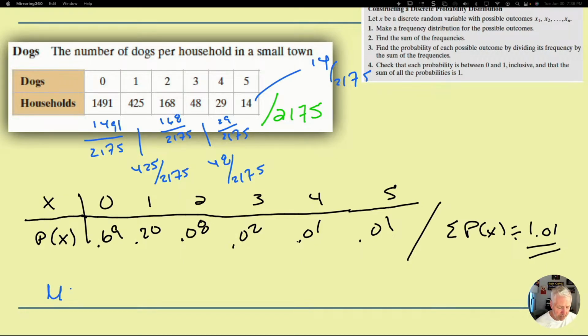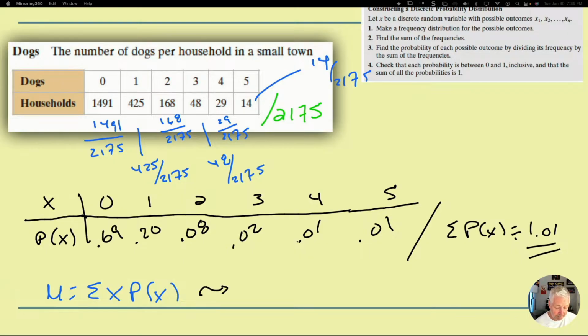To find the mean, we need to take the summation of the x values, which are 0, 1, 2, 3, 4, 5. We need to multiply those times the probabilities. And the probabilities here are 0.69, 0.2, 0.08, 0.02, 0.01. Okay? This is how we find it. So using our calculator,